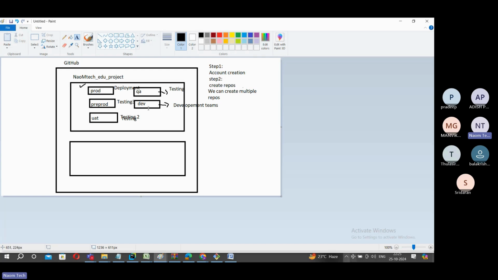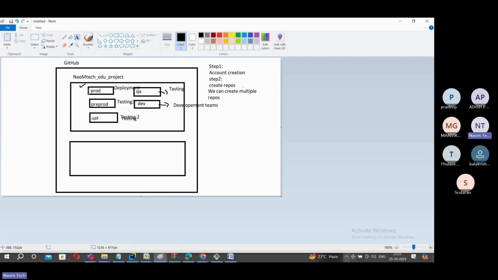Almost all the code base between development and prod is almost the same, right? Technically, the code is almost the same. The only difference is that when it goes to prod, it is highly tested, and second, it is a highly secured area. And once it is in prod, not everyone will have access to prod